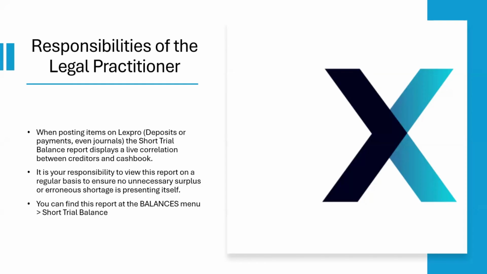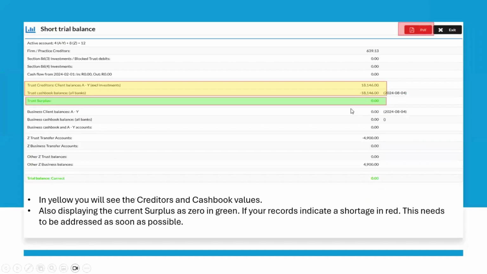So the short trial balance, sorry, I just want to admit another person there. The short trial balance is like a bird's eye view. It's a live version of what's going on. So if I'm doing my bank statements and I'm doing my reconciliation, I go into my short trial balance to see what's going on. So the short trial balance you can find under the balances menu. There's a short one, a business one, and a full one. You just view the short one. And this is how it will look.